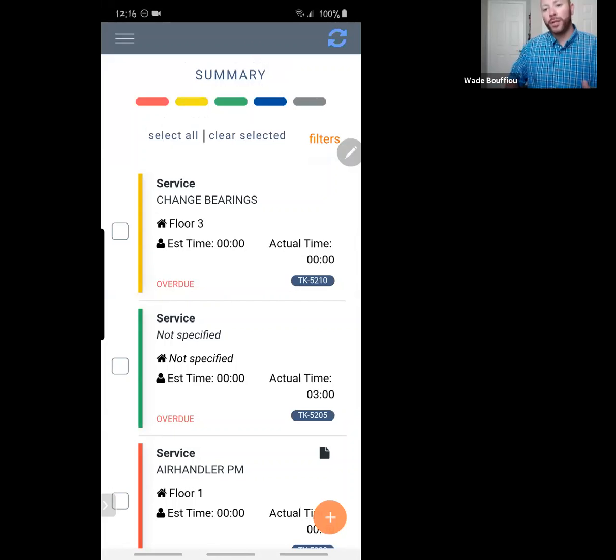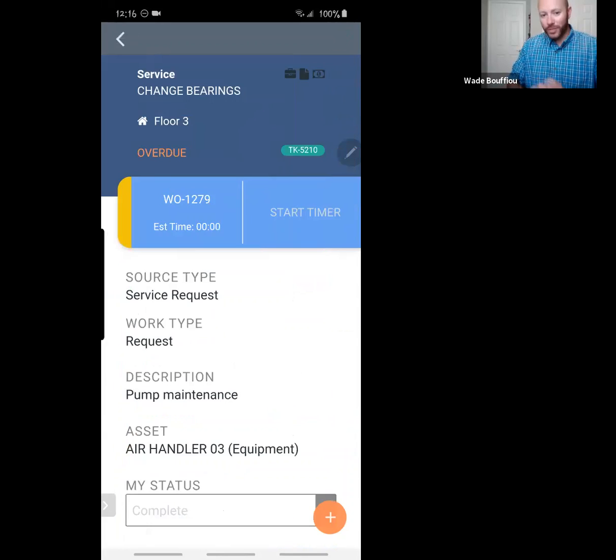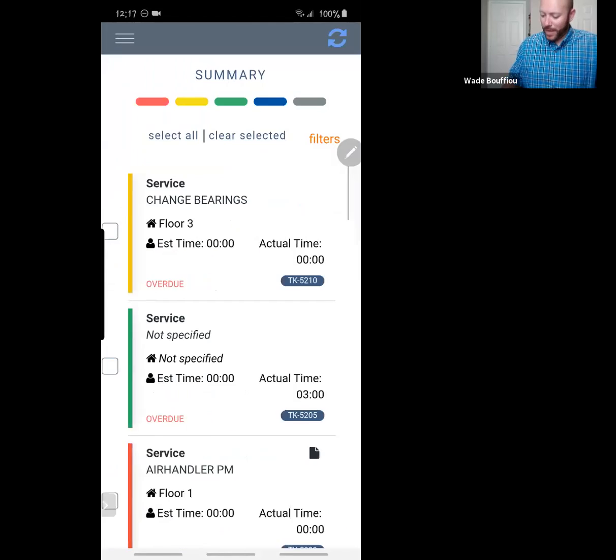You can't reopen it, but you can go in, see all the details on that work order, what was done, what was used, any notes on there as well. If you do need to reopen it or edit that, which is done through most workflows in the main system, just make sure you reference that work order number in order to locate it and then make any additional changes on it. Going back to the home screen,